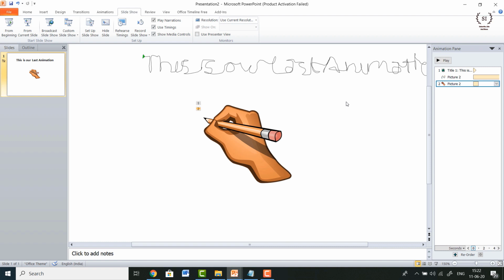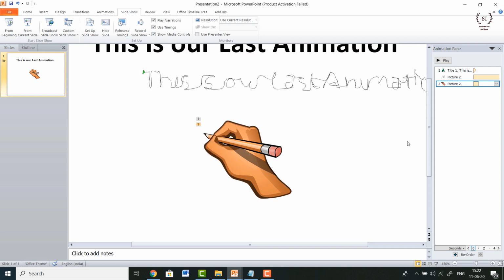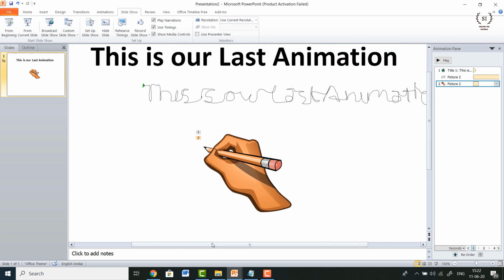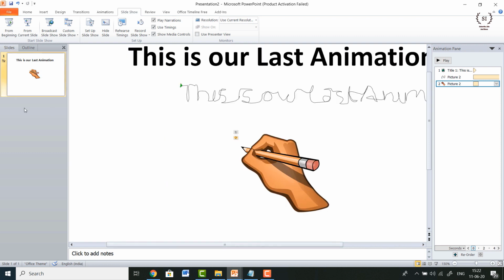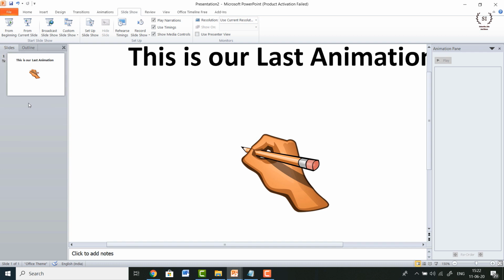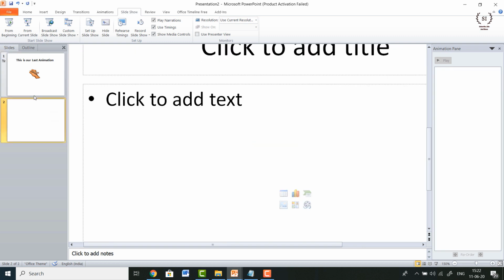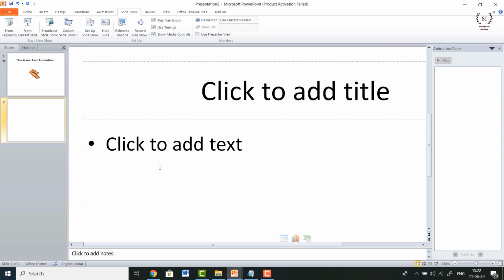So this is how you can add very simple looking animations. The only tricky part over here is the tracing, because you need to do it manually, keeping the left mouse button clicked throughout the entire process. So this is how we can create simple animations with the help of PowerPoint. In the same fashion, you can add multiple slides, like we add new slides for new things to be shown to the users. We can add multiple slides and in between we can add transitions. It's just like your animation, you can also follow a particular script and add contents according to that script. So this is how we can create animations.